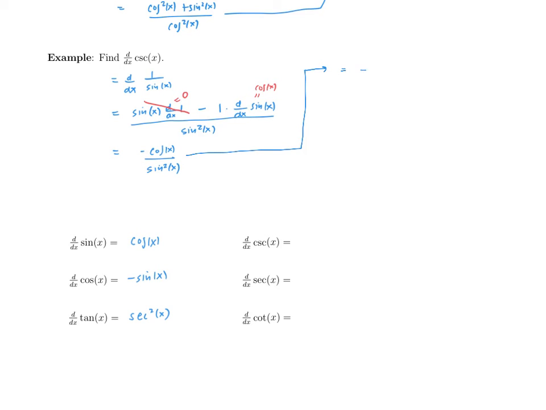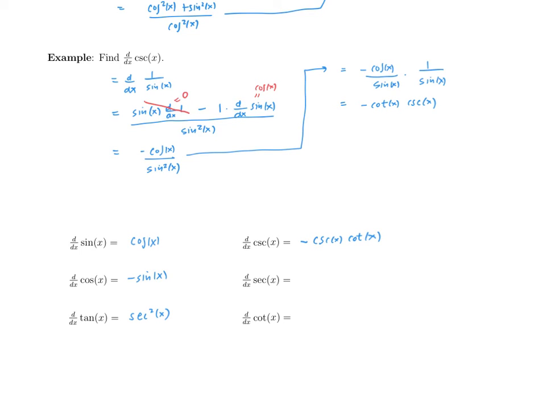So I'm going to pull out the cosine over sine, which leaves a 1 over sine. So just trying to write this in terms of 2 familiar trig functions, we have minus cotangent cosecant. And typically when it comes to remembering the derivative of cosecant, I will almost always write this as minus cosecant